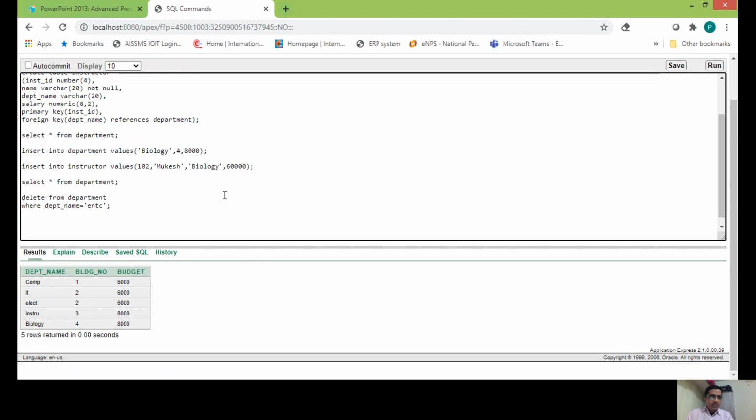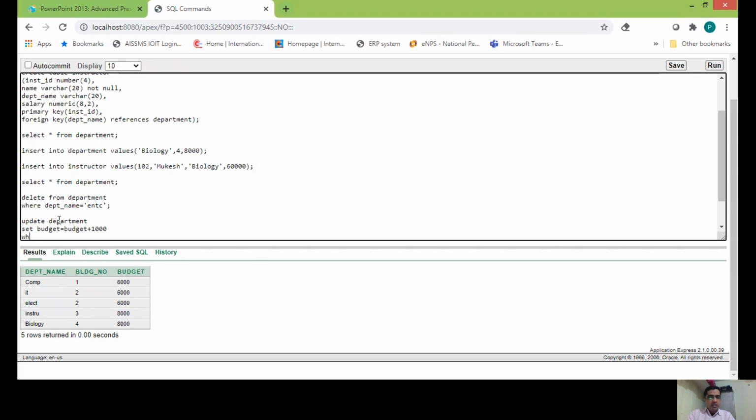Similarly, if you want to increase the budget of the instrumentation and biology departments, or simply the biology department, by 1000, I am writing the update command: update, directly the table name, set budget is equal to budget plus 1000.